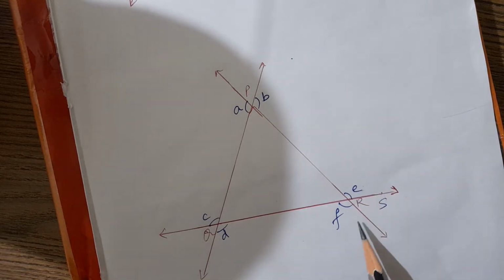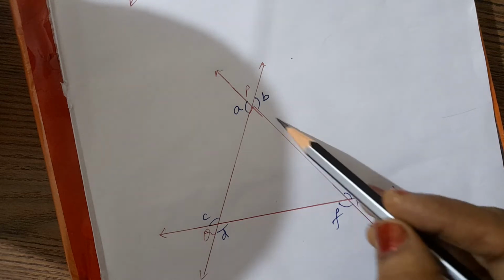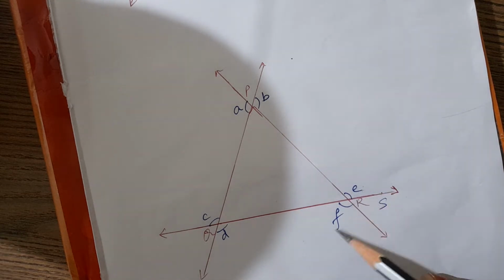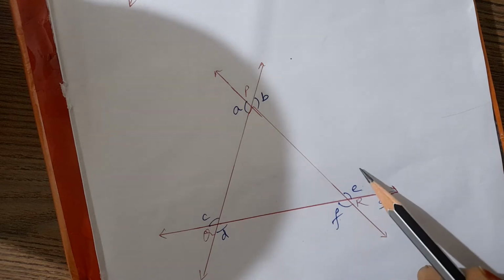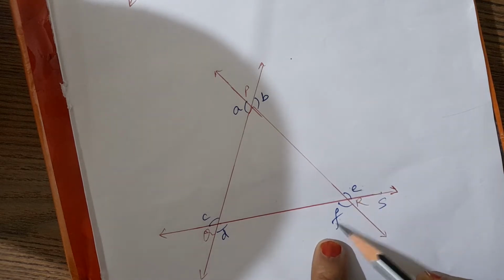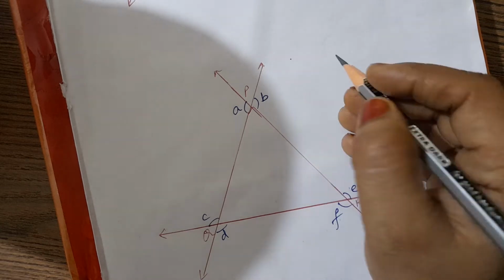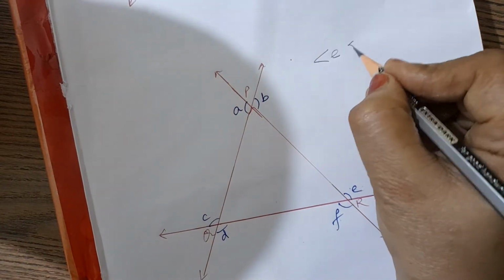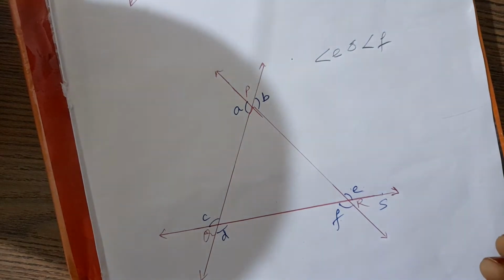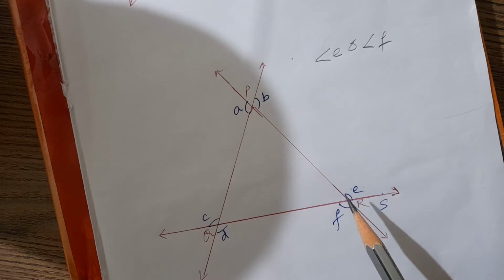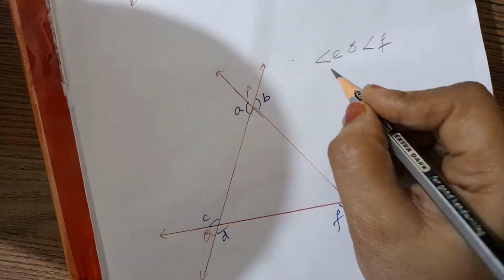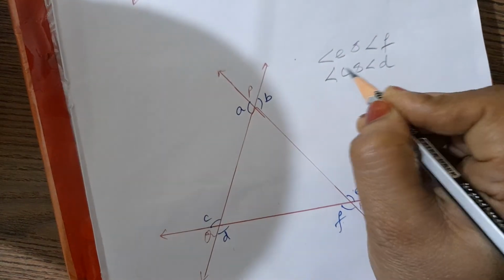Now here, as I said, if I extend this side, say for example this side QR and PR also, what are we getting, children? We can see that one angle is vertically opposite to this exterior angle, and that is angle F. That means here angle E. So which are the exterior angles? Angle E and angle F. They are one pair of exterior angles. Similarly, I can see here angle C is an exterior angle and angle D. So my angle C and angle D are exterior angles.